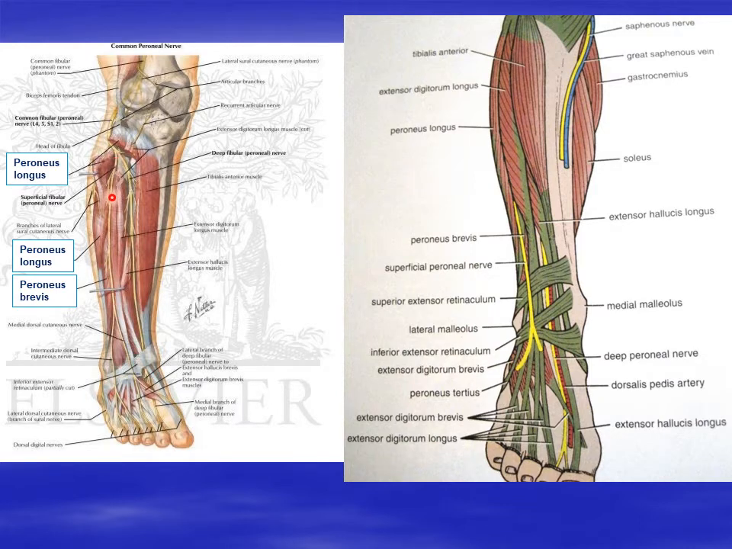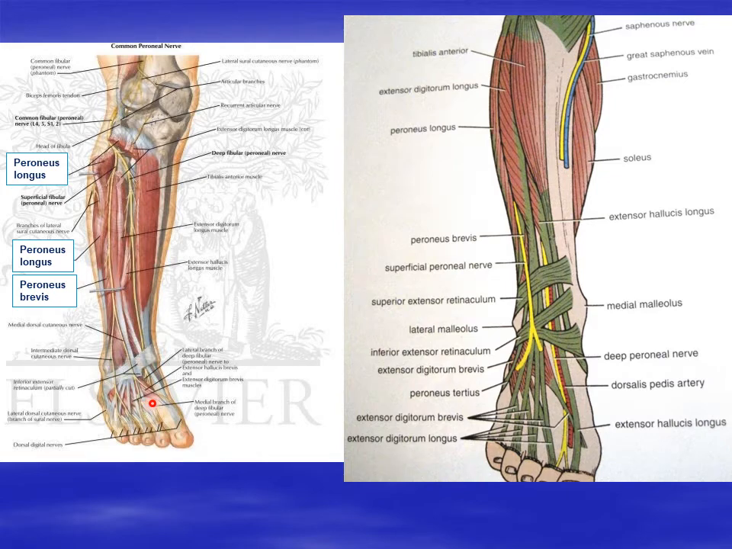So the first course of the nerve is deep between the two peronei muscles, peroneus longus and brevis, and the terminal part of the course of the nerve is superficial after piercing the deep fascia. After piercing the deep fascia, the nerve descends in the superficial fascia, and then in the lower part of the leg it divides into two terminal branches, medial and lateral branch, which descend superficial to the extensor retinaculum and enter the